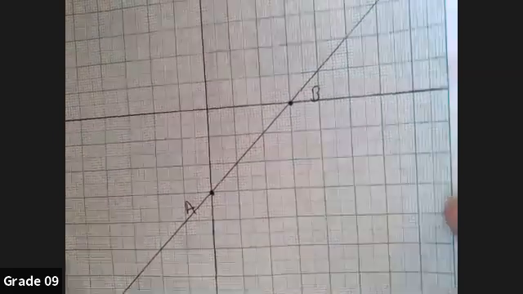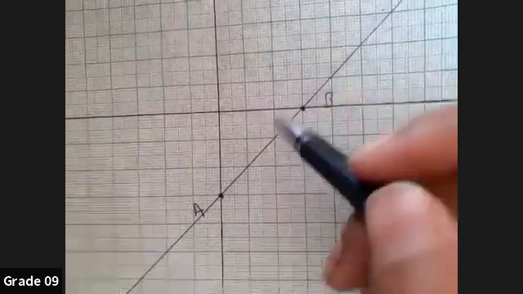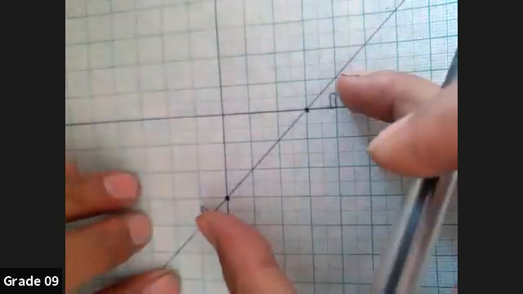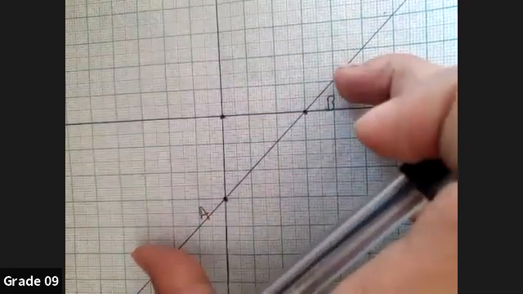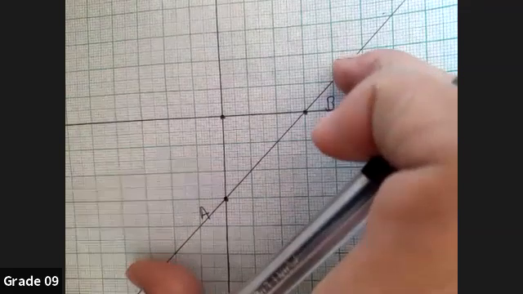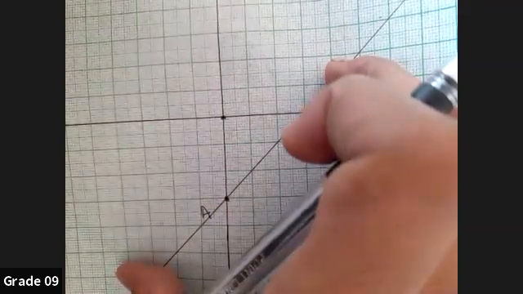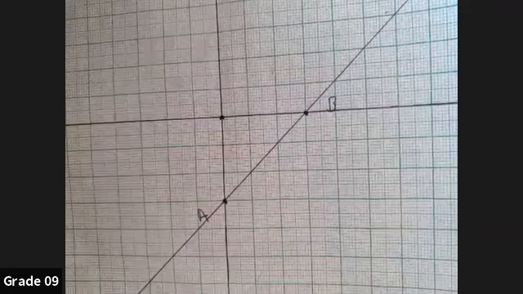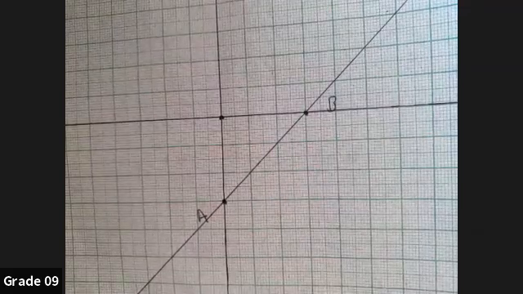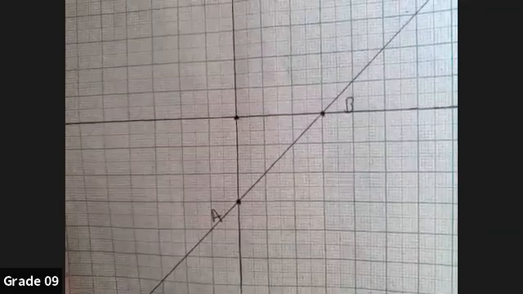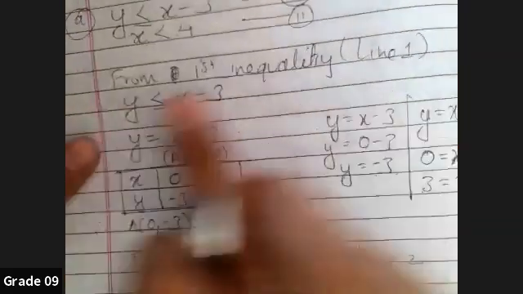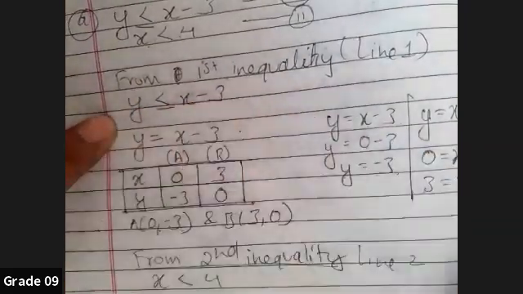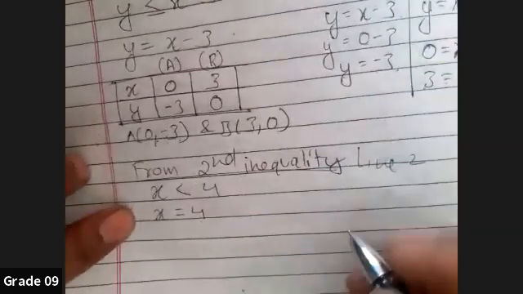How to do the shading: towards the origin direction or away from the origin? This is our origin. The shading from this line could be towards this direction, or maybe towards that direction. To know that, we have to do the origin test. I have to return to my inequality. You can do the origin test in your rough column.